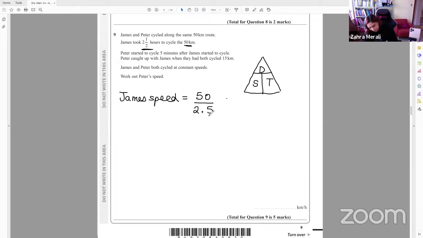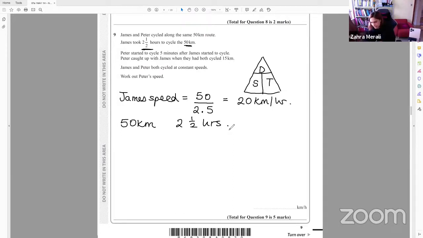So you've got 50 divided by 2.5, which gives you 20 kilometers per hour. Remember, dividing by 2.5 is the same as, the other way to think about it is 50 kilometers took him 2.5 hours. So if we're doing it without a calculator, we can say